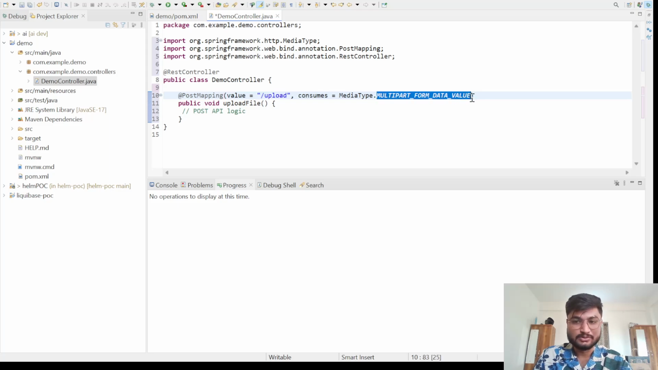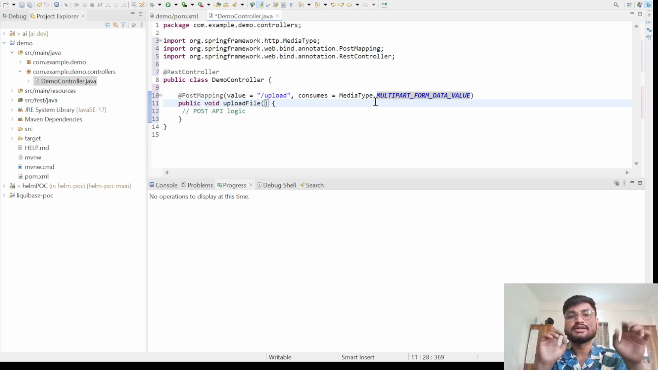Multipart form data value, by the way, a mistake on my side. So now we have set up the post API mapping and everything. Another important thing that makes the flow complete is whatever information you get through the body of the post API, you need to put it into some variable to communicate with it, right? Now, to do that, Spring Boot comes with an annotation called RequestParam, right? So RequestParam,